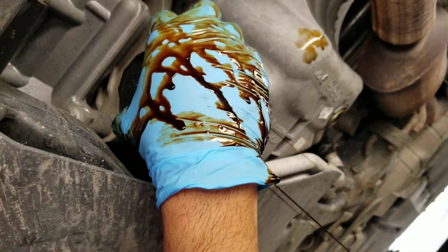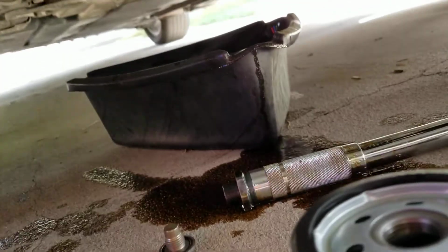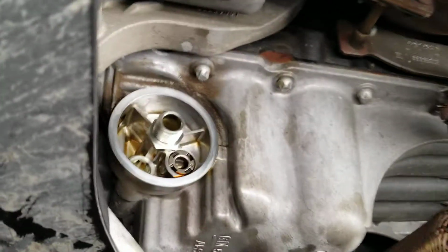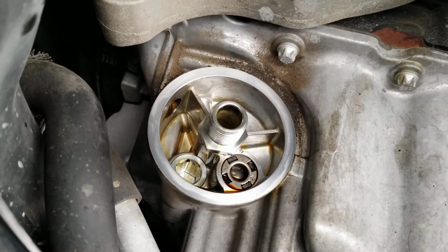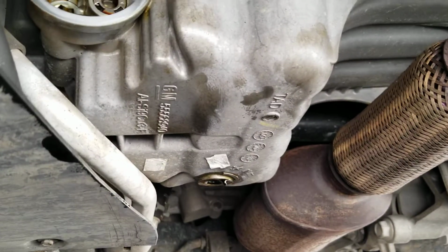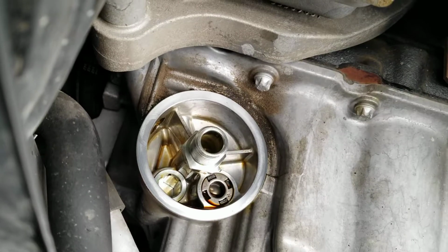Alright guys, now that we drained the oil, I got a couple of oil spills over there, but I'm going to clean that up at least. I'm going to show you guys something that nobody else gets to see that much. That's the inside where the oil flows through. Before we put the oil filter, I'm going to clean that up a little bit more, and then put the bolt there and put it back, and then we're ready to put on the new oil, the synthetic oil